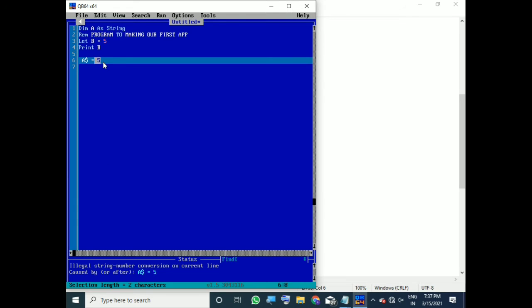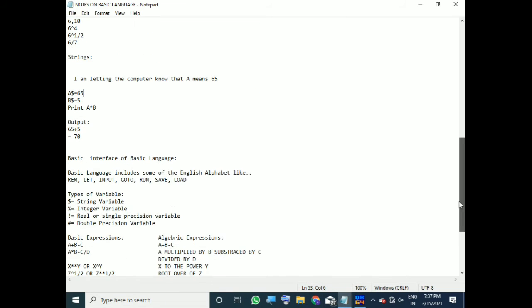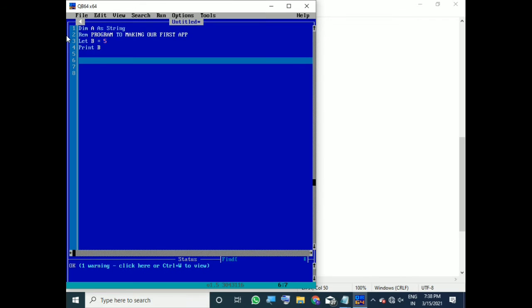Sorry, I have written one variable. I think there is one problem in QBasic, so we will be discussing it later. It is about letting the computer know that A means 65. Without writing that, we can also write a equals 5, which is the normal thing.